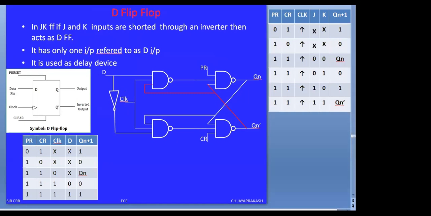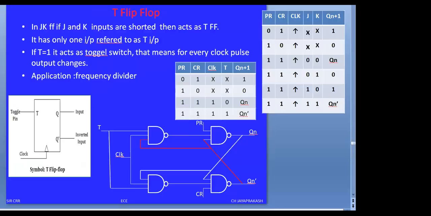Next one, this is the timing diagram for D flip-flop. And T flip-flop, when the J and K inputs are connected together and short చేసాను, ఇలా షార్ట్ చేసి కనెక్ట్ చేయడం ద్వారా we are calling this as T flip-flop. This is called as toggling condition. We will verify only these two conditions.